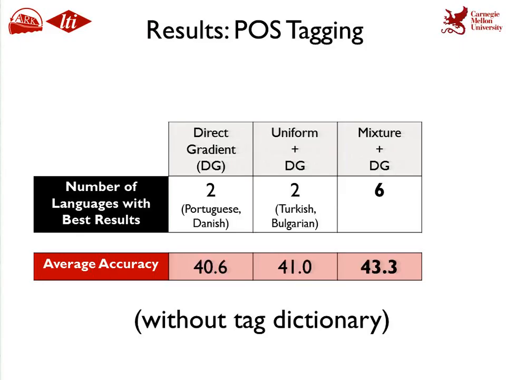For 6 out of 10 languages, we get the best results with our model, but the average is dismal because we use 1-to-1 accuracy, which gives worse numbers in general, and also we evaluate on the fine part-of-speech tag categories.